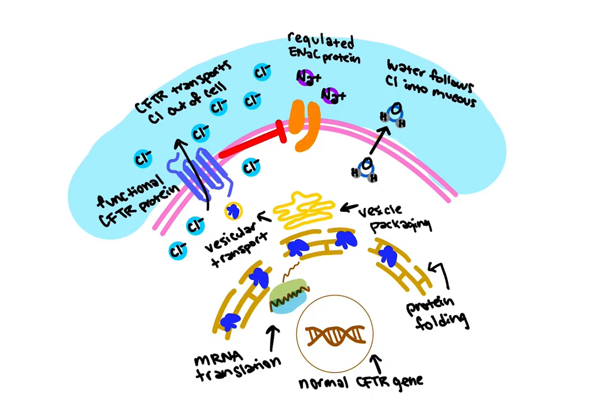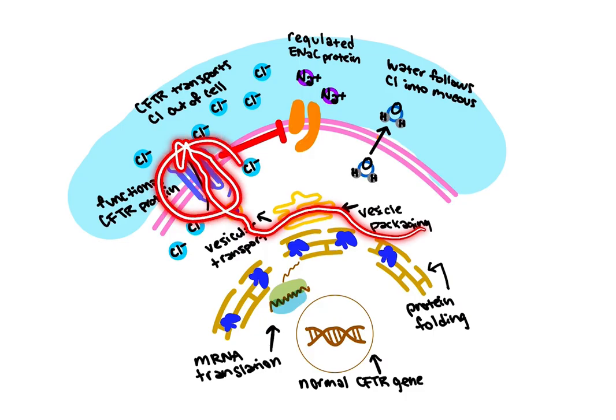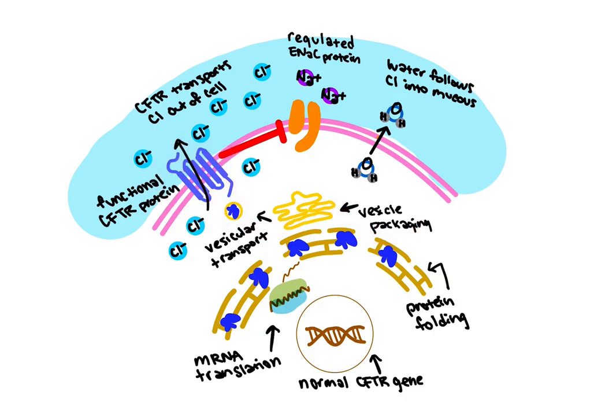So in this normal, healthy individual with a functional CFTR gene, that is cystic fibrosis transmembrane regulator gene, its mRNA is going to get translated nicely with proper protein folding as well as packaging and transported into the plasma membrane. So with this functional CFTR protein that we have left, it's going to take out these chloride ions out